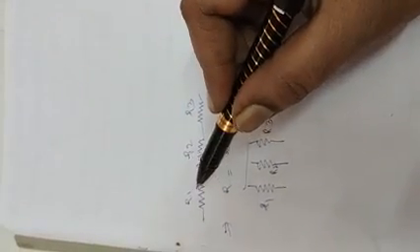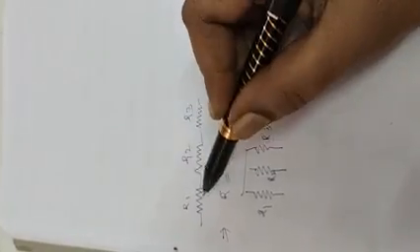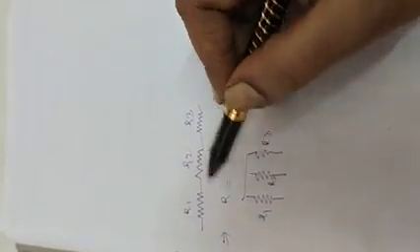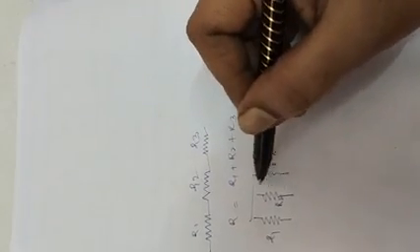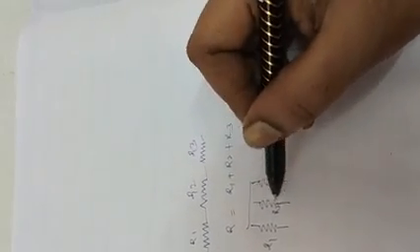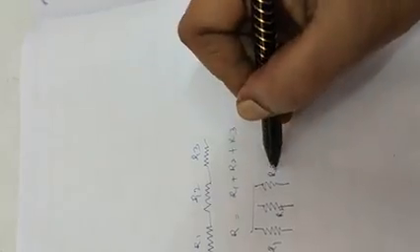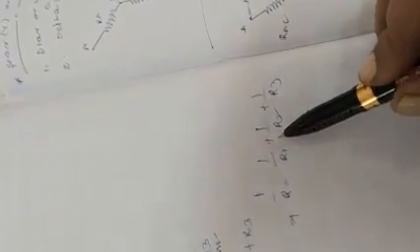This is a series combination, where resistances are connected in series form. The total resistance is R equal to R1 plus R2 plus R3. And when resistors are in parallel connection, R1, R2, R3, these three resistors are parallel. So the total resistance is 1 by R equal to 1 by R1 plus 1 by R2 plus 1 by R3. So this is a simple configuration.